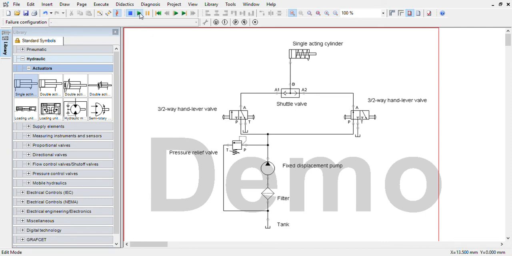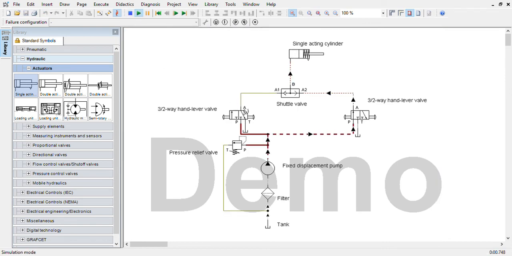For simulation, I press here to start the simulation. I click start. Once I press it, the actuation happens automatically, because we are giving the initial flow to this actuation. The pressure built up by the fixed displacement pump from the tank automatically actuates the single acting cylinder. Again, if you actuate this, you will get the retraction. Likewise, if you go for this 3/2 valve, the ball inside the shuttle valve